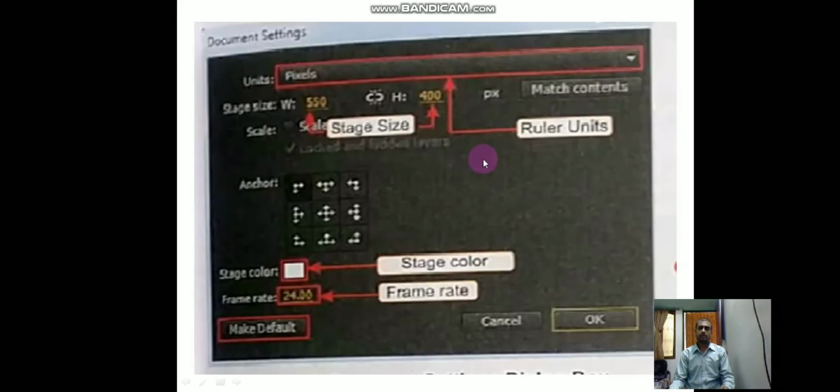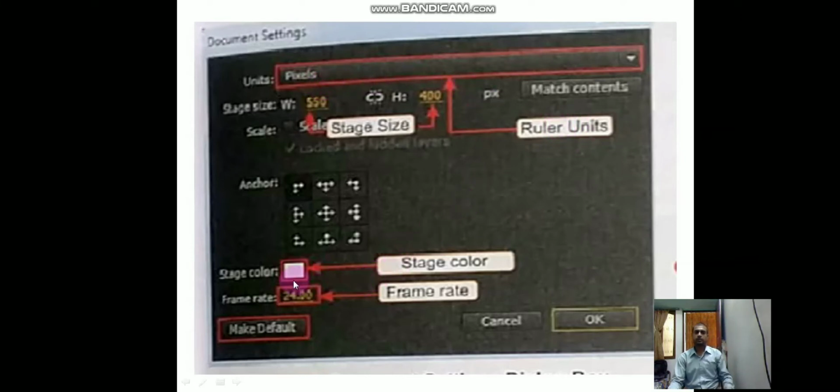Now in this window you can see the document settings window, and first is pixels. By default the stage size is 550 by 400, and I have already shown you pixels in the ruler unit.